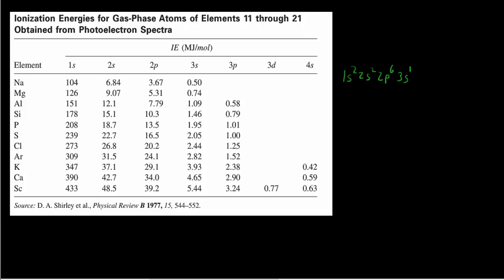So magnesium also has 4 peaks, but the last peak is 2 units high. So it's going to correspond to an electron configuration of 1s2, 2s2, 2p6, 3s2 now. Then aluminum, we have the last peak occurring at 0.5 megajoules per mole, and we have